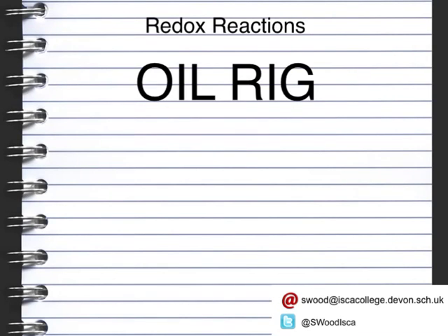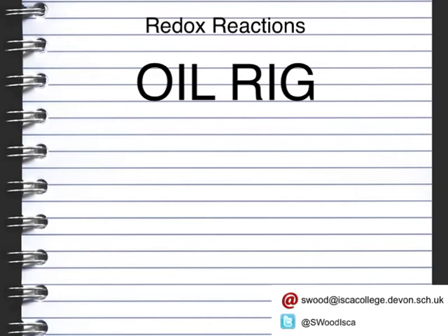Now, we have come across OIL RIG before, which means oxidation is loss and reduction is gain in terms of the redox reaction. Now, in the case of the iron rusting or corroding, the iron goes from being a normal iron to being a positive ion, which means it has lost electrons, which means it is oxidized. The oxygen gains electrons, so it is reduced,